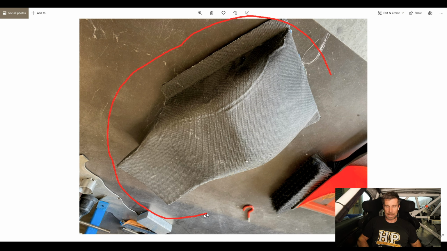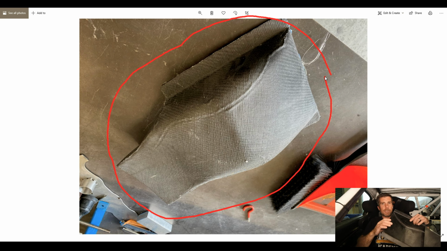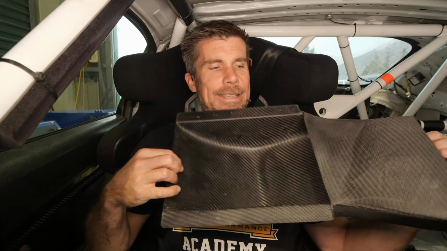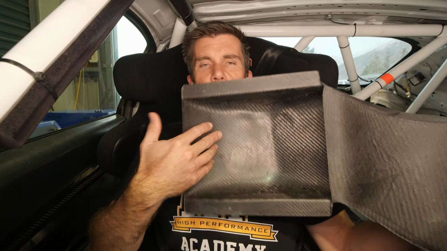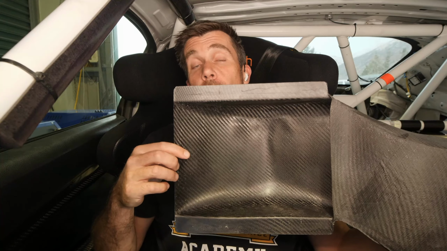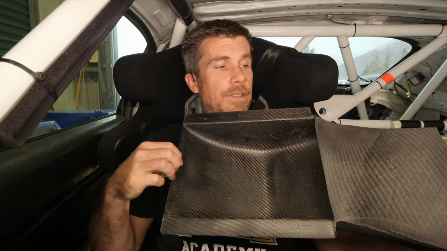So this was laid up, a wet layup over a mold that Brandon and Jimmy produced. It's carbon fiber. The surface finish you can see there is due to the fact that it's been laid up with peel ply and it's been vacuum bagged. So this just absorbs any excess resin out of the finished product. And this is that finished product. Not too sure how easy it's going to be to see. We've got a nice smooth surface on the inside, which is what we really care about in terms of airflow.